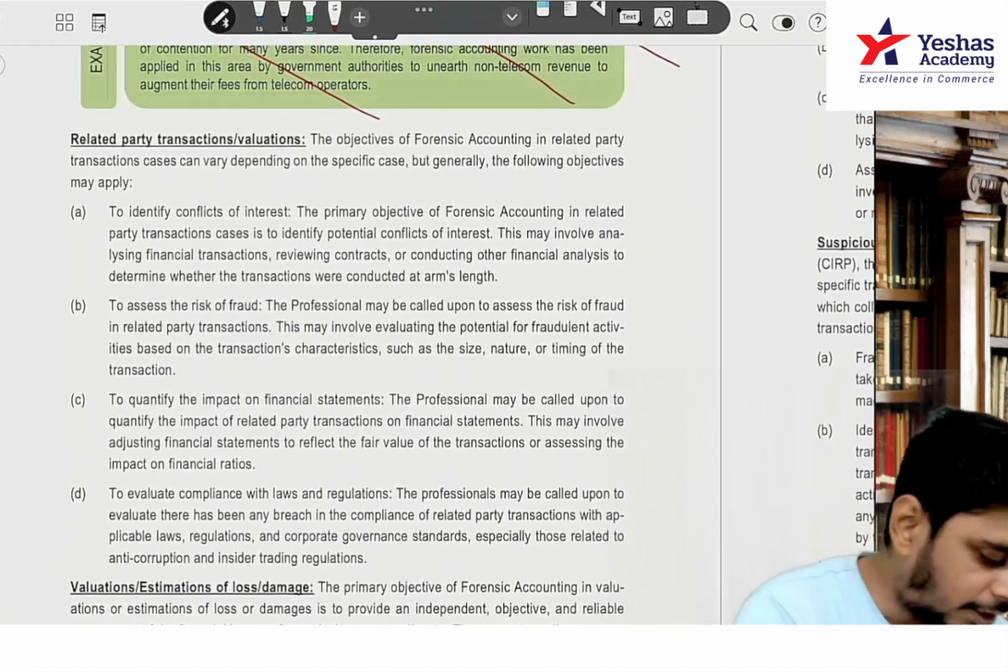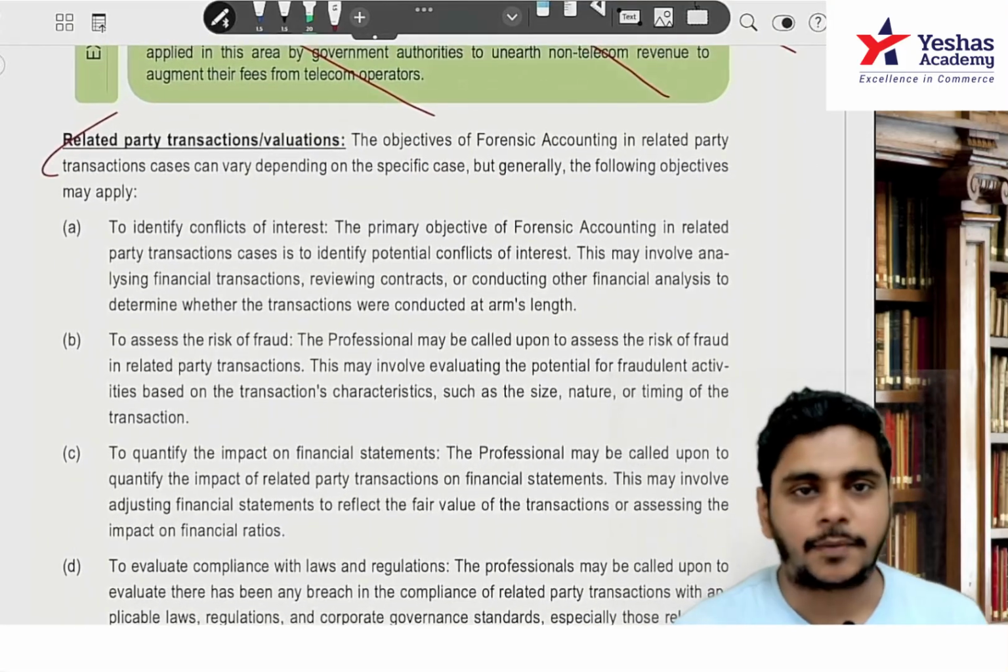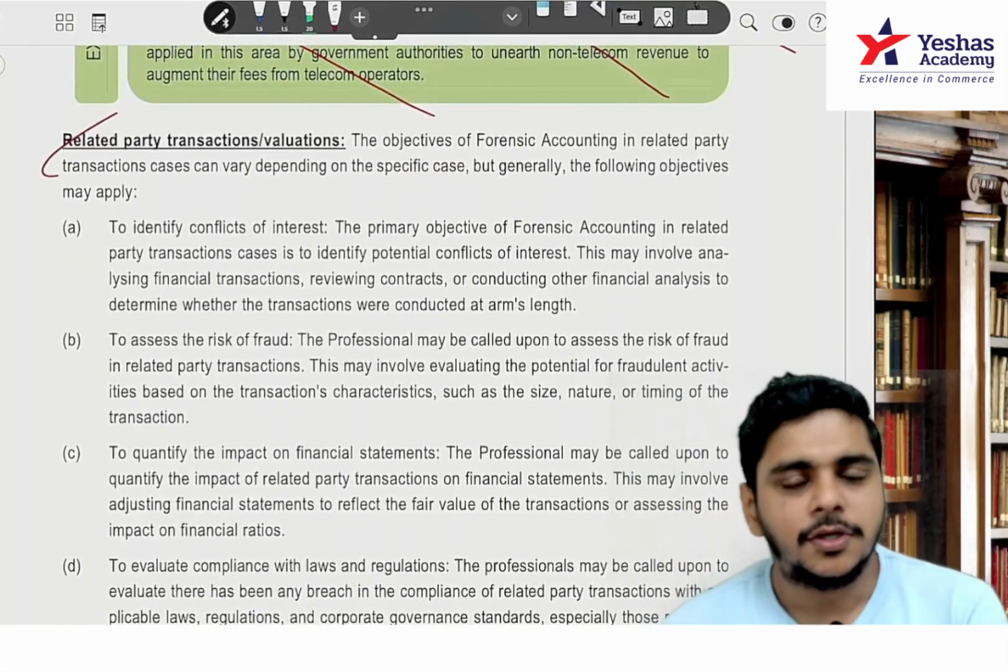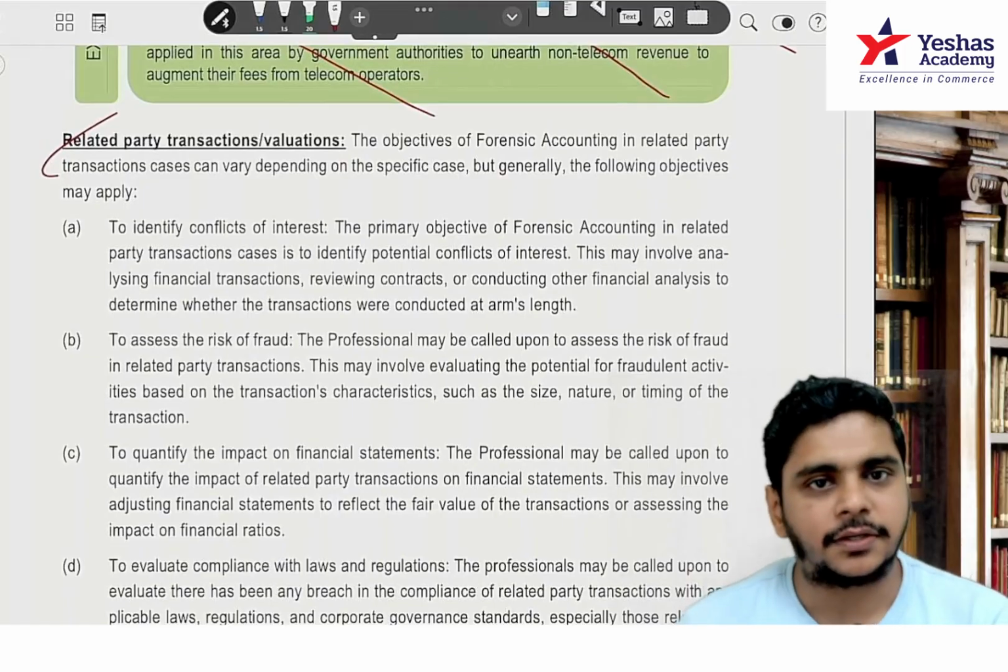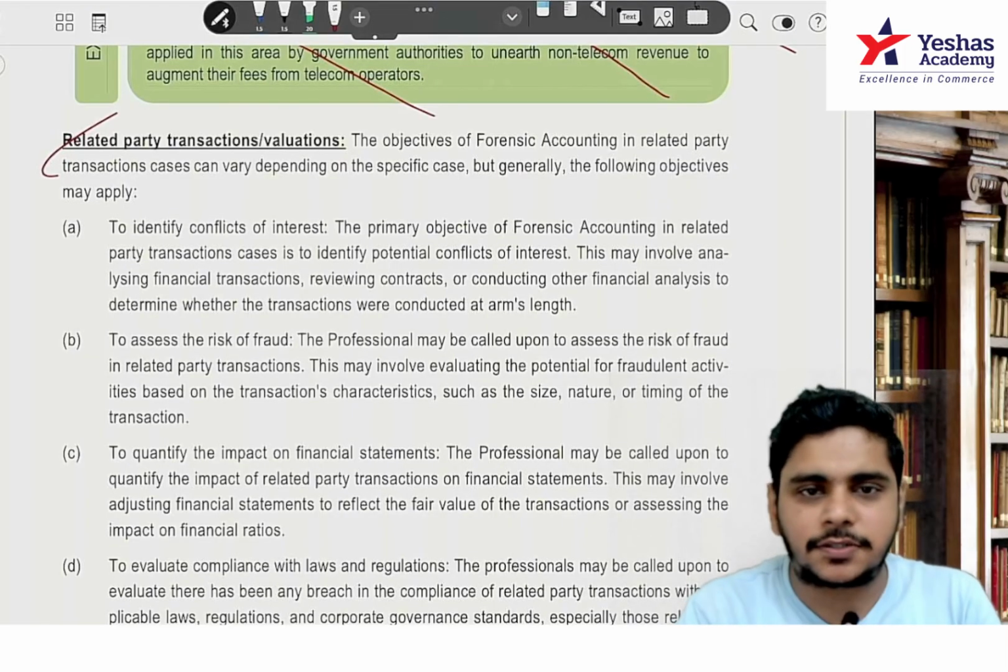Next one is related party transaction. The next one is what? Related party transactions. Okay. So the objective of a forensic accountant in related party would be, see, because like the Wadhawan brothers,